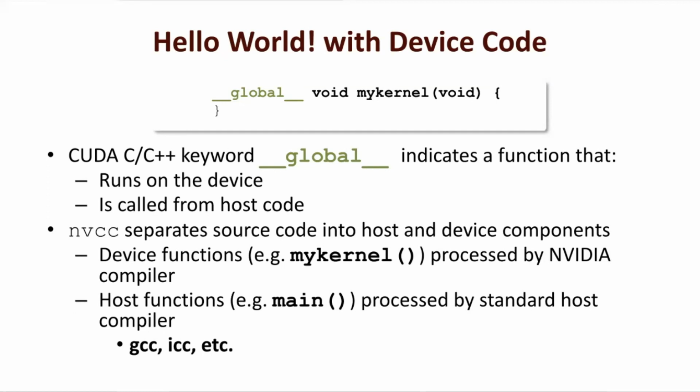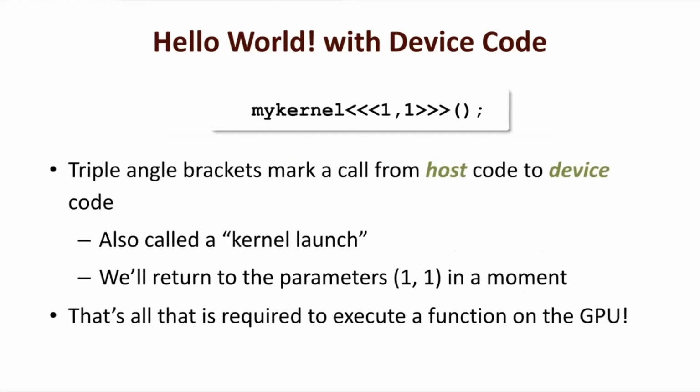But there is the tricky part, the special kernel launcher. It will be handled separately. That kernel launcher will be specially handled by the NVIDIA compiler. It will translate into a function call inside this host code. The host code will call the kernel function with extra information you provide, like 1, 1 or 1, 2, those two numbers, and then you can launch your kernel in a certain way. And how to launch it, that's something we'll talk about. So this triple angle bracket is a call from the host code to the device code. So that's how the host code knows that